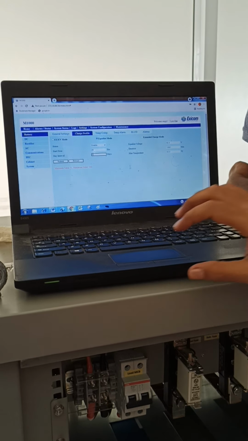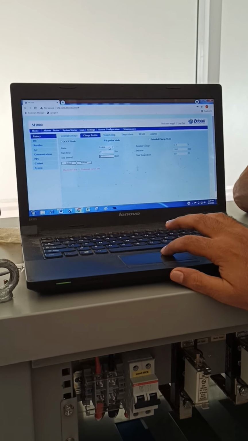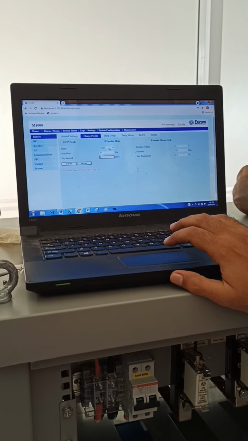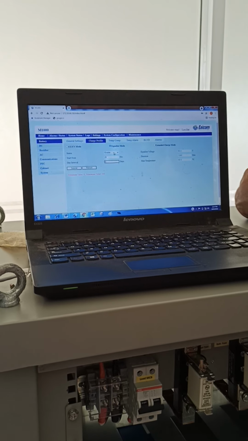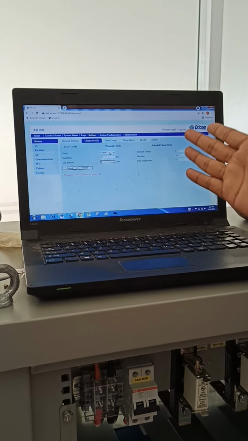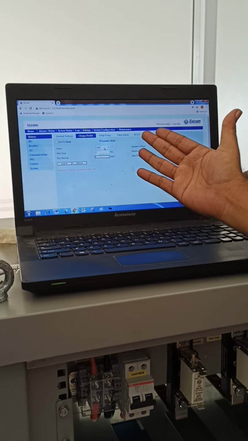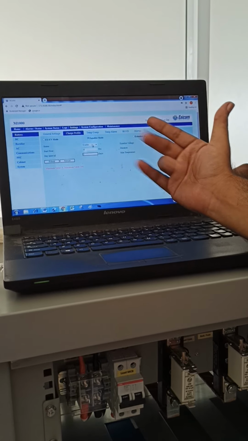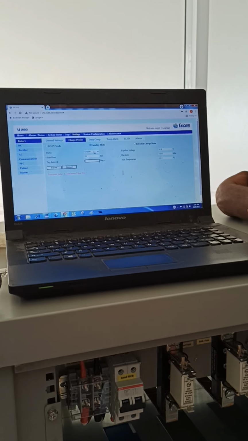So instead of that, we do one thing. We are in installation mode. We can do this, and after that at commissioning time we will disable it. If we reach at the correct time, then we will disable it. Because 8 o'clock plus 21 hours means 5 o'clock in the evening. Otherwise we do one thing: you put the day interval for up to 5 days or anything. That's what I'm telling.